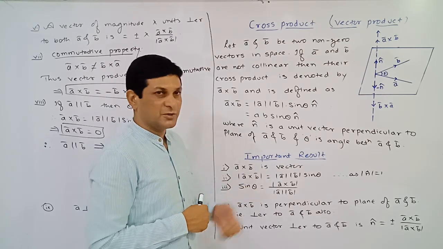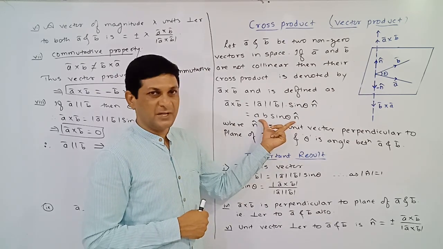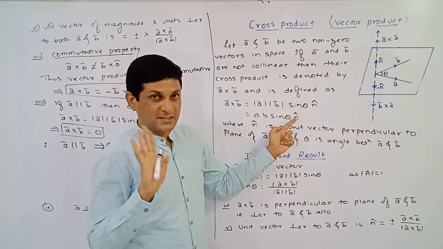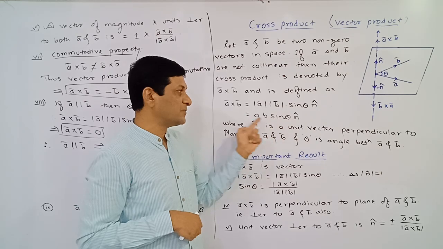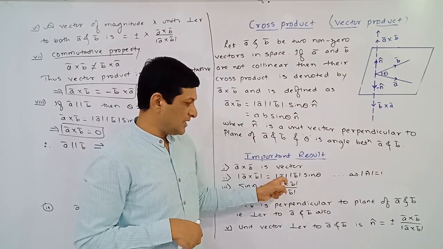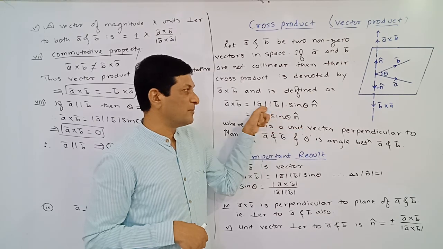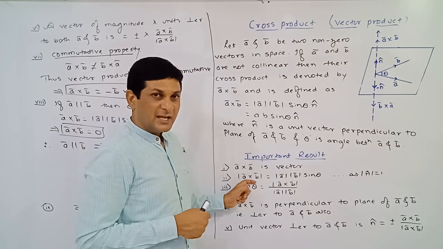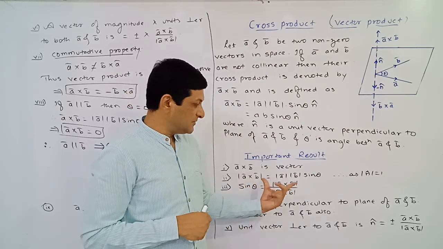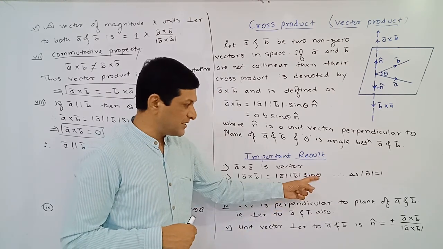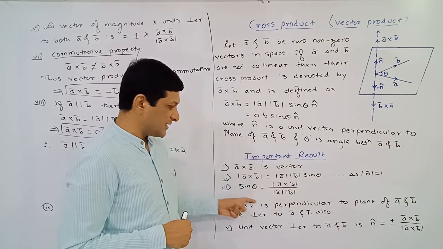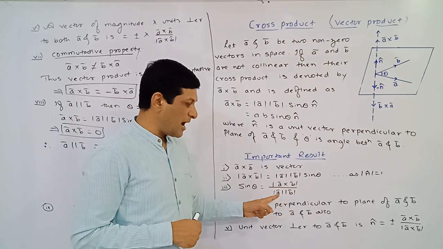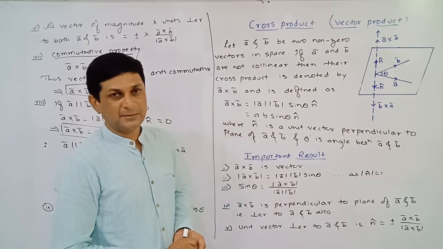So now we are discussing magnitude of a bar cross b bar. Just now we have seen its definition. So what is n cap? It is a unit vector. Unit vector means its magnitude is 1. We are just discussing magnitude, so its magnitude is 1. 1 into ab sine theta will be equal to what? AB sine theta, means magnitude of a bar into magnitude of b bar into sine theta. So this will be the magnitude of which vector? Of a bar cross b bar. And from this result we are able to find the value of sine theta. These two terms are multiplied on this side, so they will get divided. So what value of sine theta are we getting here? Magnitude of a bar cross b bar upon magnitude of a bar into magnitude of b bar.